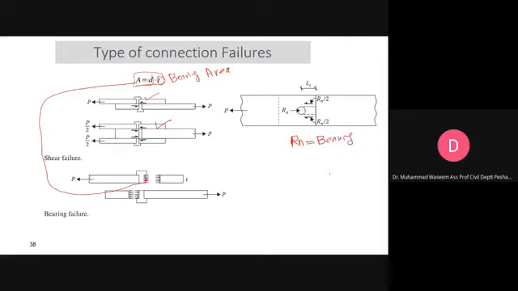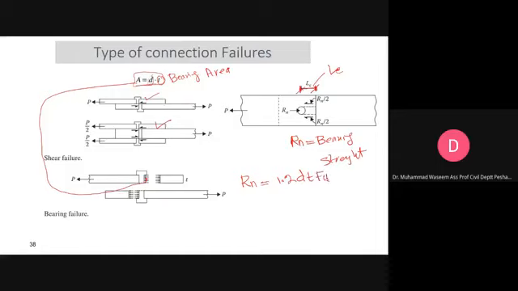The bearing strength. And we call this distance from the centroid of the hole to the edge, we will term it as Le. Yes, Le. Now this Rn is equal to, I think, 1.2